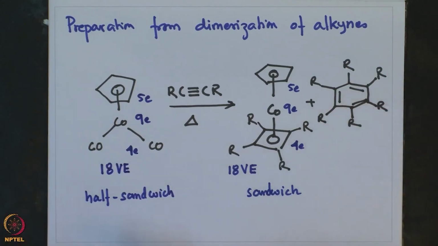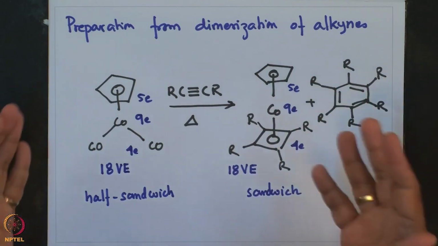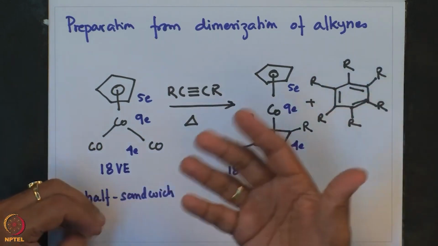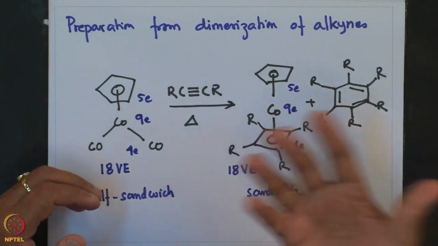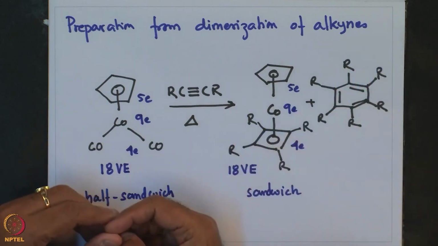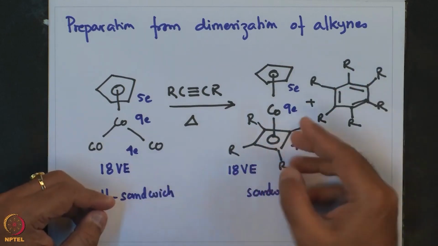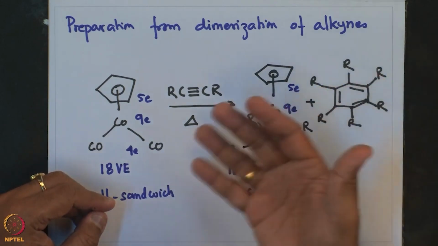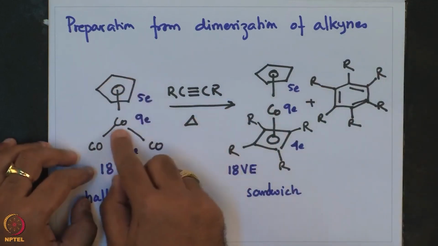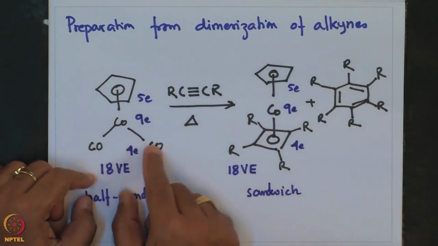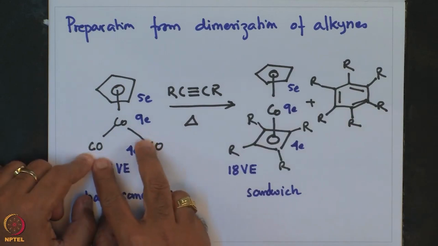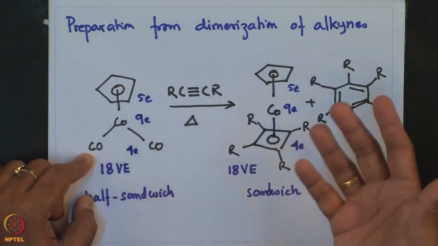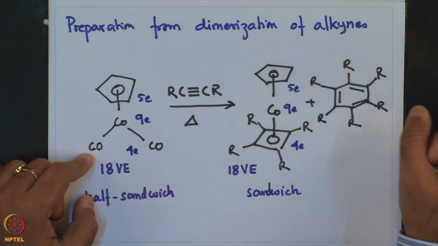So this is a nice example where we saw dimerization or trimerization of alkyne leading to the synthesis of cyclobutadiene, which is stabilized by complexation with the CpCo carbonyl fragment with the elimination of 2 carbonyl moieties, giving this heteroleptic sandwich complex. The same route is used in another preparation that also involves dimerization of